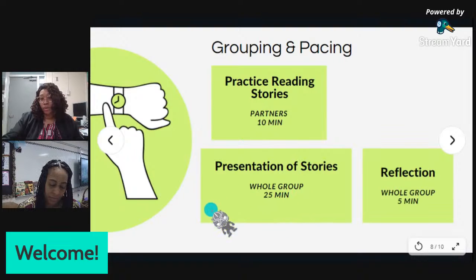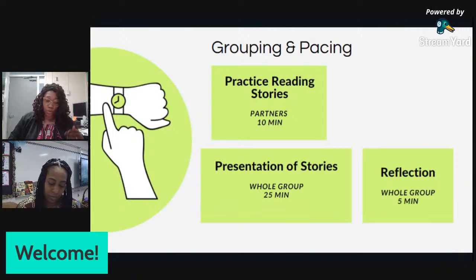And then the bulk of the speaking and listening component is presentation of stories, whole group. So for this part of the lesson, the teacher has determined ahead of time who's going to present, or the order in which the students will be presenting their stories. So she's selecting different students in the class to read their stories to the class. The audience, the students who aren't reading, are going to be listening for how each author addressed the prompts from Writer's Journal 5.5,